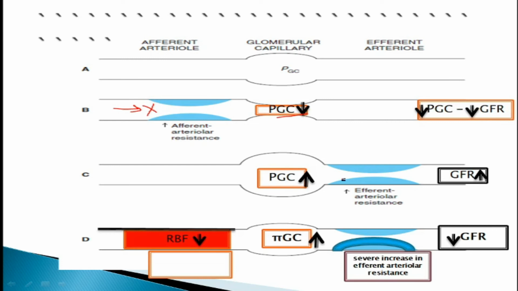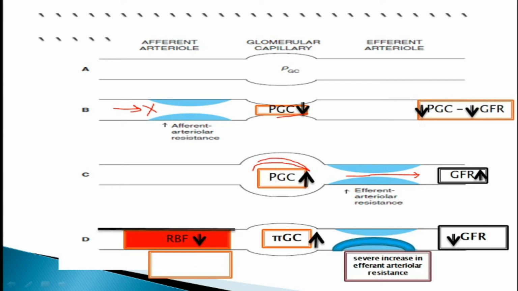This situation is showing the condition when the efferent arteriolar resistance is increasing, but not to a significant degree, as a result of which the obstruction is not complete. The flow of blood is obstructed but not completely, so blood will move out but with less flow. As a result, fluid will be stagnated in this area, and the hydrostatic pressure here will increase, leading to increase in the GFR.